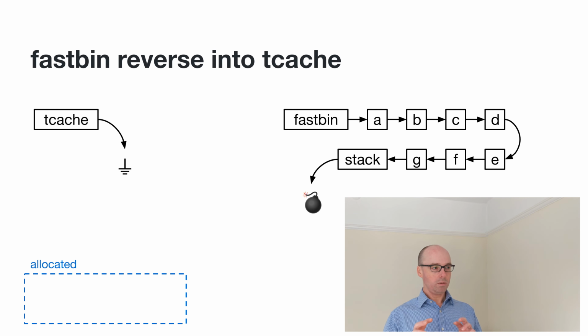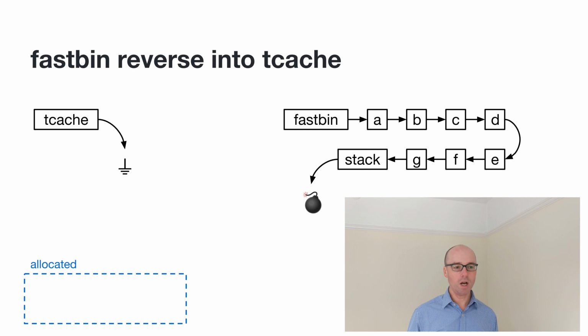So what you have to do to get this to work is set things up so that the tcache is empty and the fastbin contains at least 7 regular chunks, and then the final chunk in the sequence points to the address where you want to write some garbage. The reason you need 7 chunks is so that it will stop copying when it gets to the stack address, because the stack address probably doesn't contain a valid next pointer, which is what I've indicated here by the little bomb